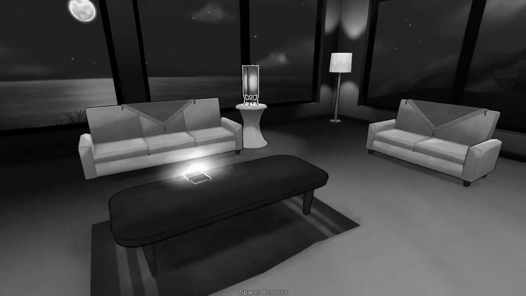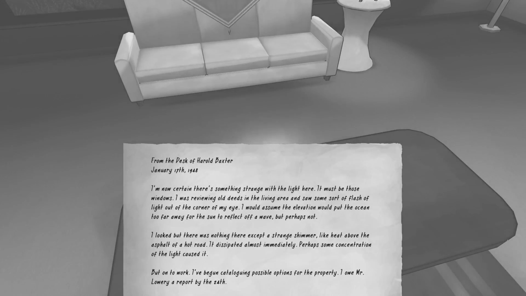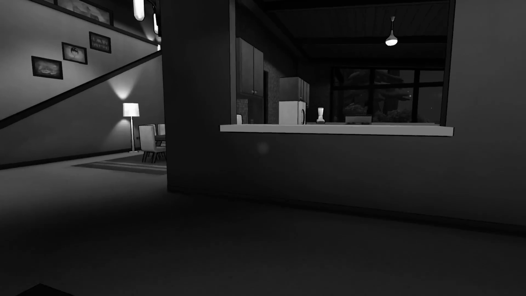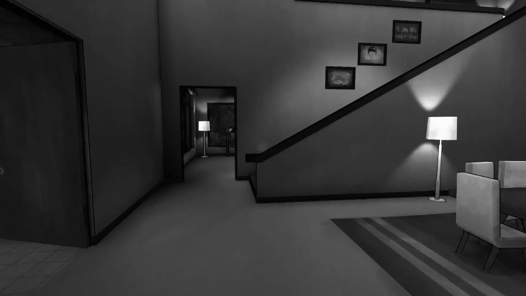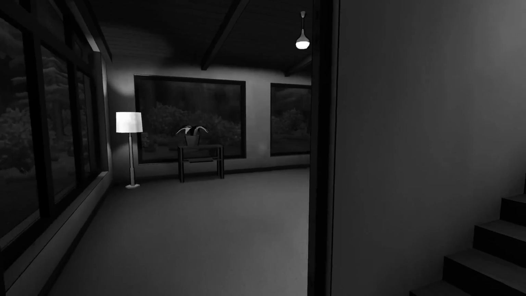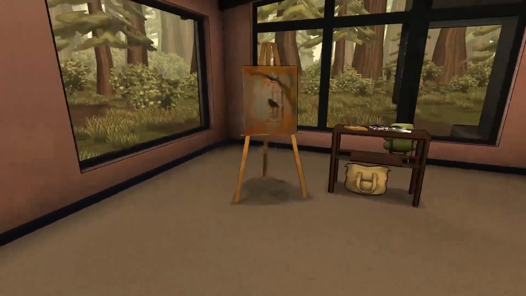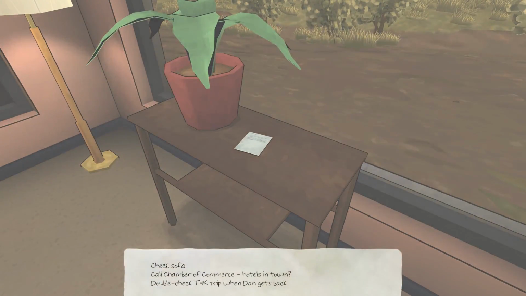Then there's a brief segment each night while the Kaplans are sleeping, where you can find various writings from previous owners and guests of the house that reveal a bit about how your ghost has interacted with others in the past. That last bit is a neat touch, though it doesn't honestly add much to the experience. The game is at its best while it's exploring the lives of the Kaplans, not the past exploits of your self-insert ghost character.